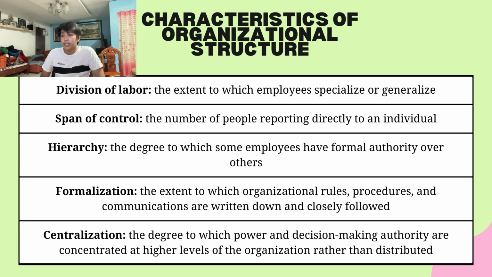A highly formalized organization has strict procedures and processes that are followed consistently, whereas a low level of formalization allows for more flexibility and adaptability. Finally, we have centralization, which refers to the degree to which decision making is concentrated in a few individuals or groups within an organization. A highly centralized organization has decision making power concentrated at the top, while a decentralized organization spreads decision making power